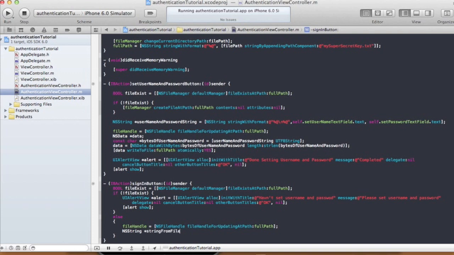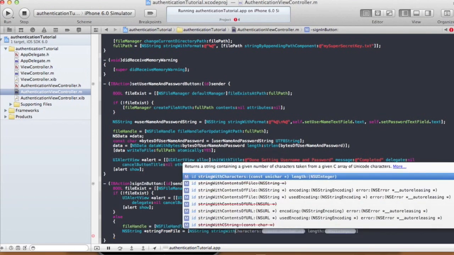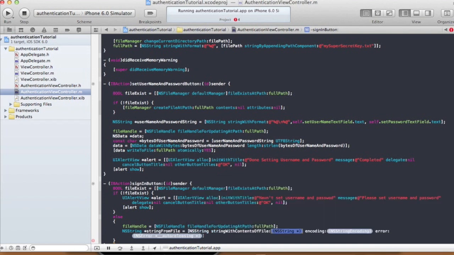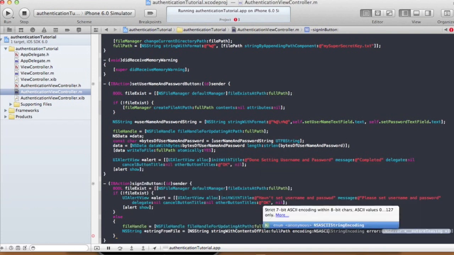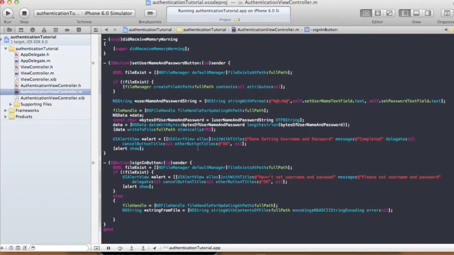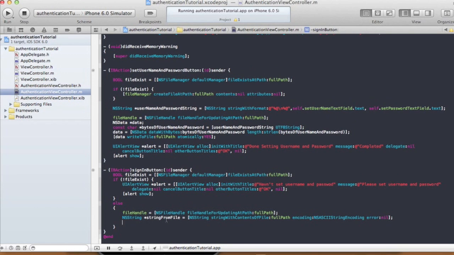String from file equals NSString stringWithContentsOfFile, and then choose stringWithContentsOfFile. I'll choose this one. And the file is at full path. Encoding is gonna be NSASCIIStringEncoding, error nil. Alright, so now we read the file and we stored all of the text information in the string from file